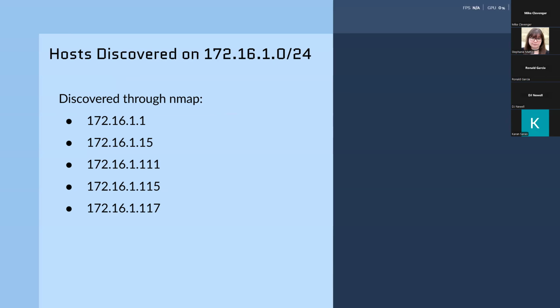Through this scan, I was able to discover that the following hosts were active and reachable: 172.16.1.1, 172.16.1.15, 172.16.1.111, 172.16.1.115, and 172.16.1.117. Nmap also confirmed that these hosts were up, and interestingly, all 1,000 default TCP ports